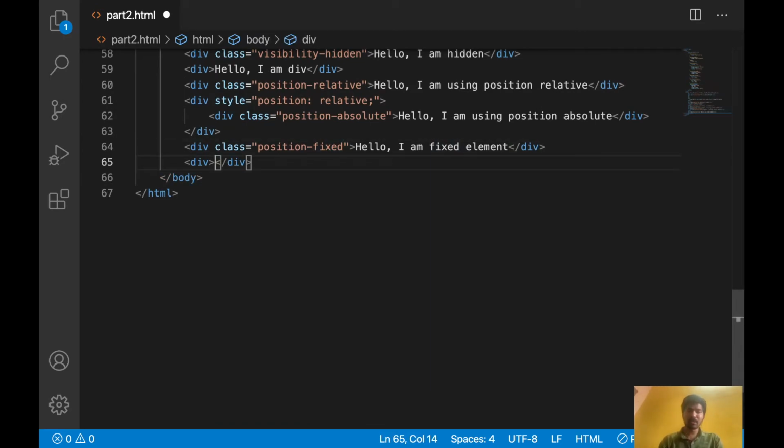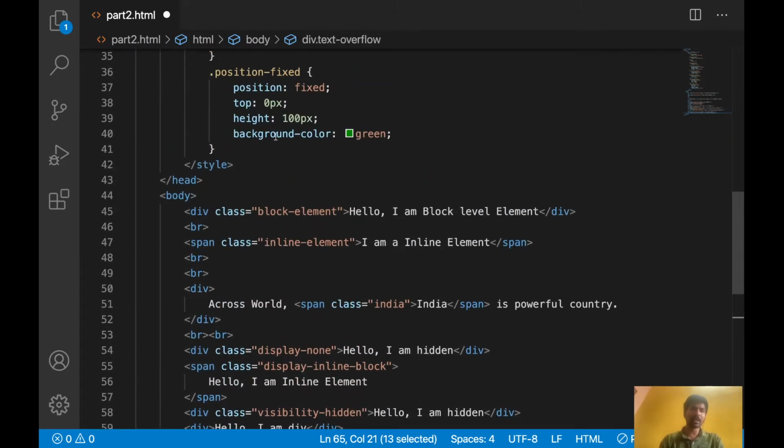Let's say hello, I am overflow element. So let's use some class, text overflow. So I just wrote one CSS class.